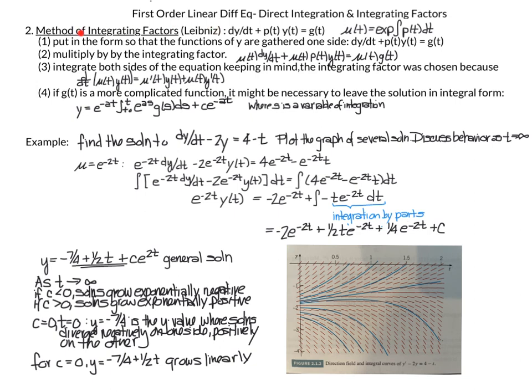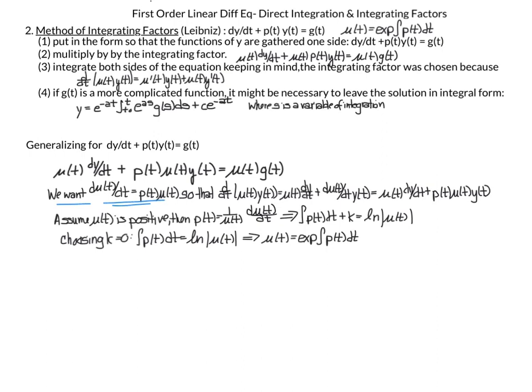So now I have shown you in general how you solve these using the method of integrating factors. You use this mu of t. I haven't shown you an example of number 4, but I will by the end of the video. And I haven't shown you how we got this formula for mu of t, which is what we are going to do next. Now we are going to look at the general form of our first order linear differential equation,